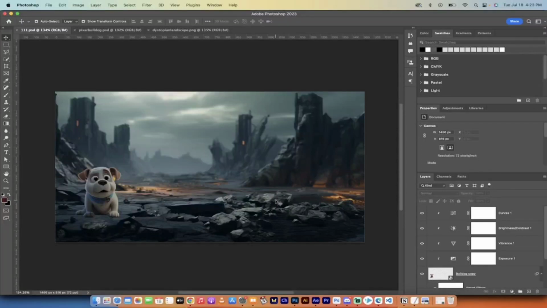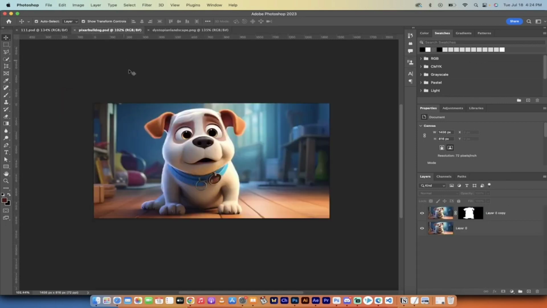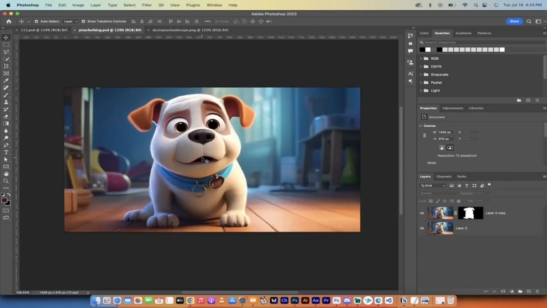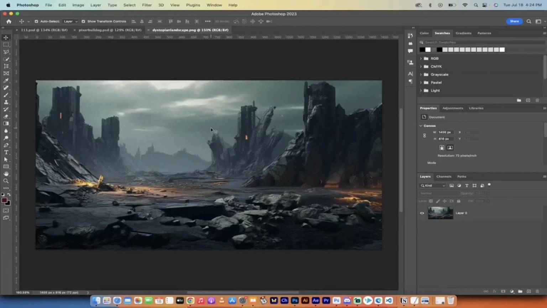Hello everybody, welcome back to another Adobe Photoshop tutorial and AI tutorial. In this one, I am going to show you how to take characters like this beautiful little cute vibrant bulldog. It's a Pixar style bulldog. We're going to combine the bulldog with a dystopian landscape that looks like this, a very dark and bleak landscape,